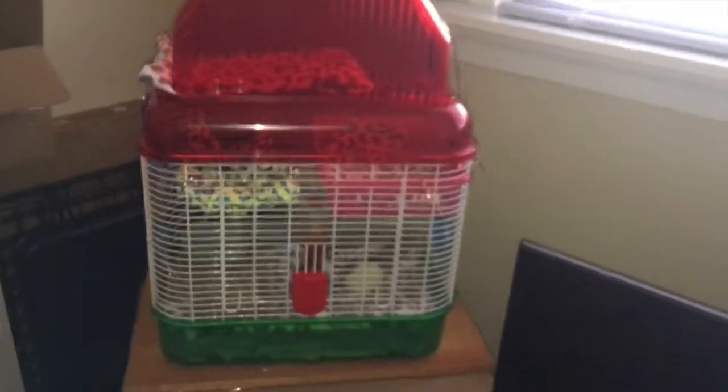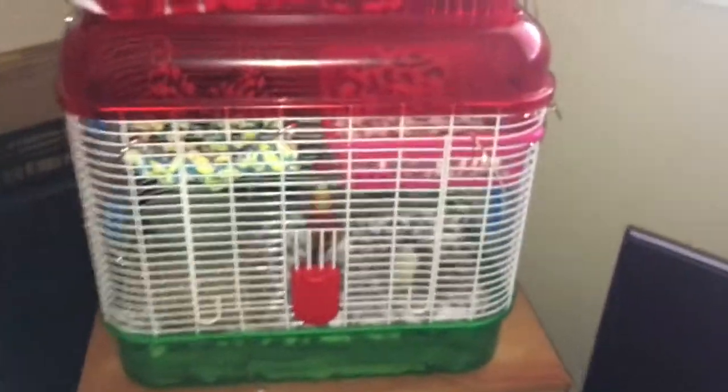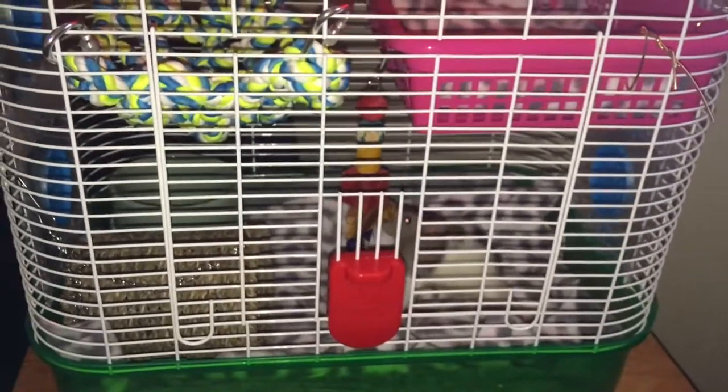So here's Melody. Can't see her very well. She's kind of scurrying around. This is her quarantine cage. It's still really small, but something I actually learned about rats that I didn't know until I had them was that you need to quarantine them for at least 2 weeks when you get a new one and are introducing it to your mischief,